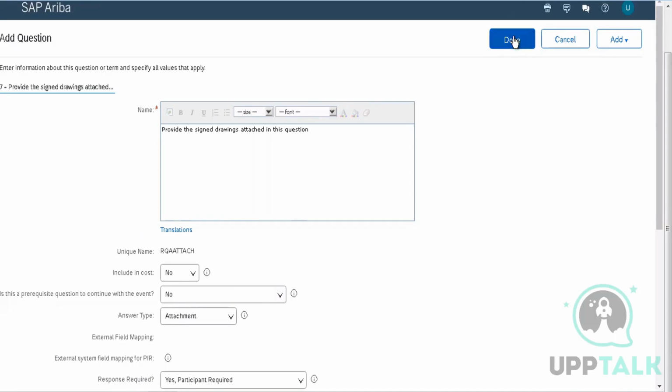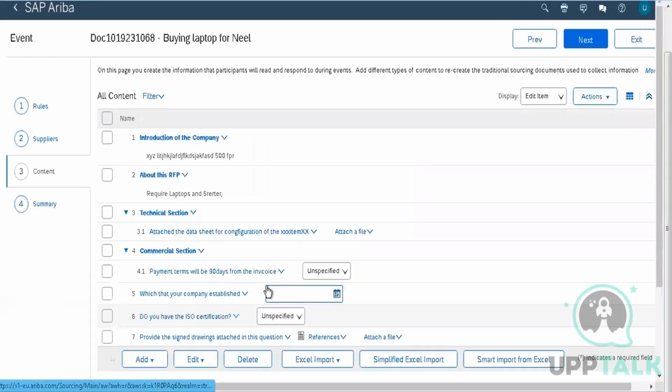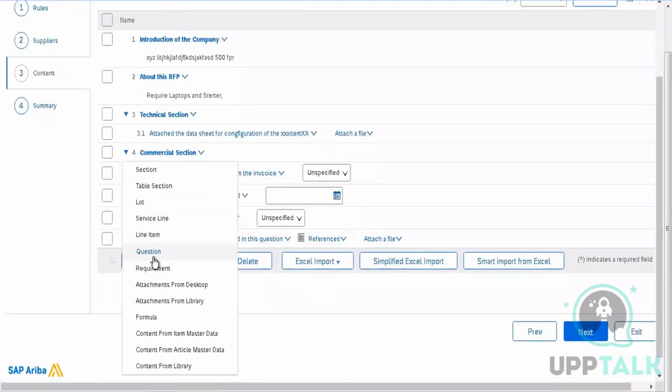And as you can see, this attachment has been mentioned here as an answer type. So they need to attach a file, and there you can reference, they can download this. Then comes the question, add a line